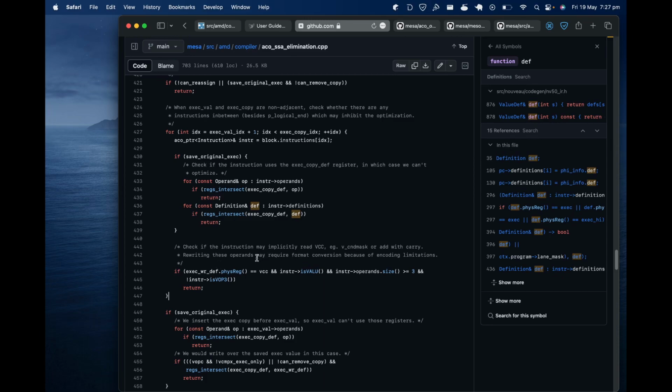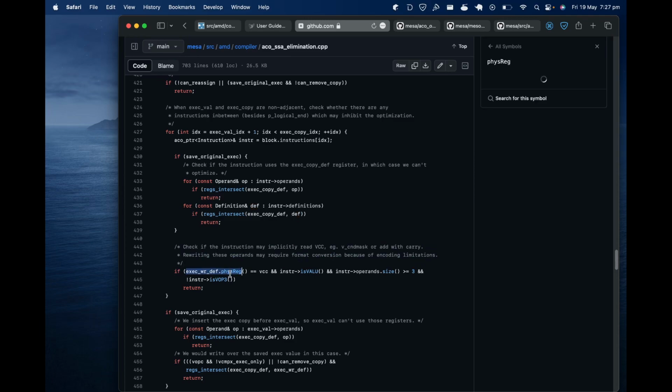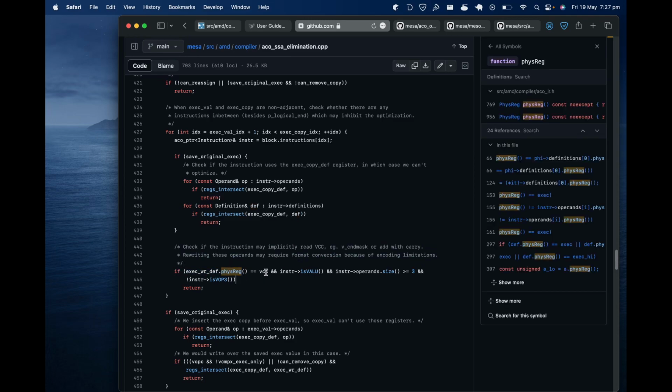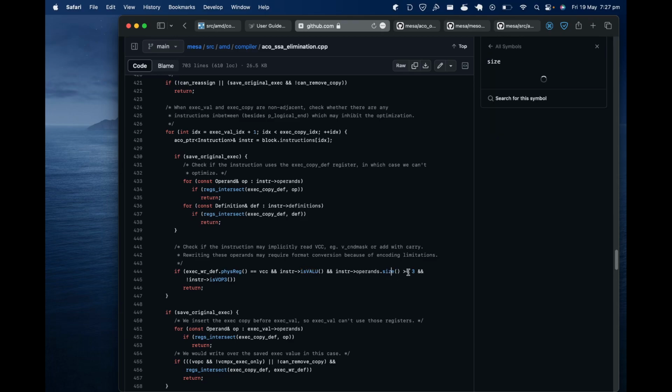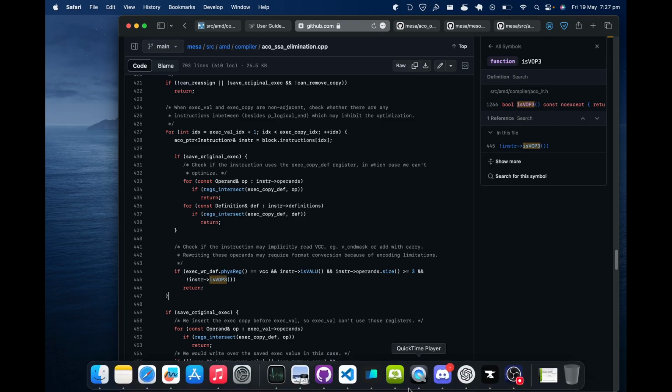Okay, so if it reads VCC, that status register. Oh, so if it deals with the vector ALU and the size is greater than or equal to 3 and the instruction is VOP3. Oh, okay. So VOP3 is probably the